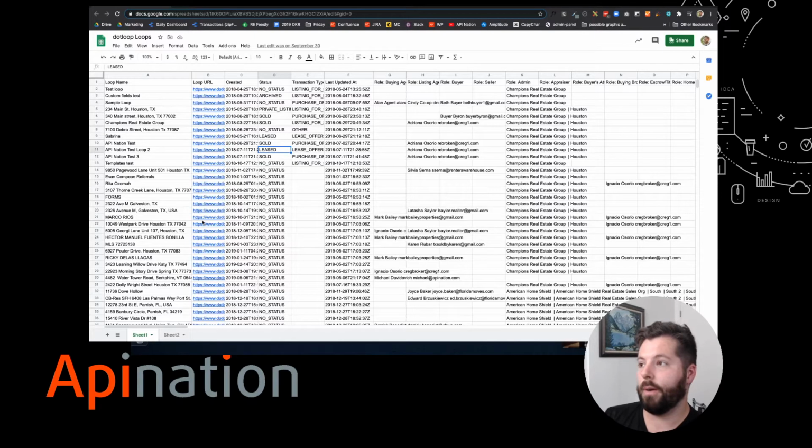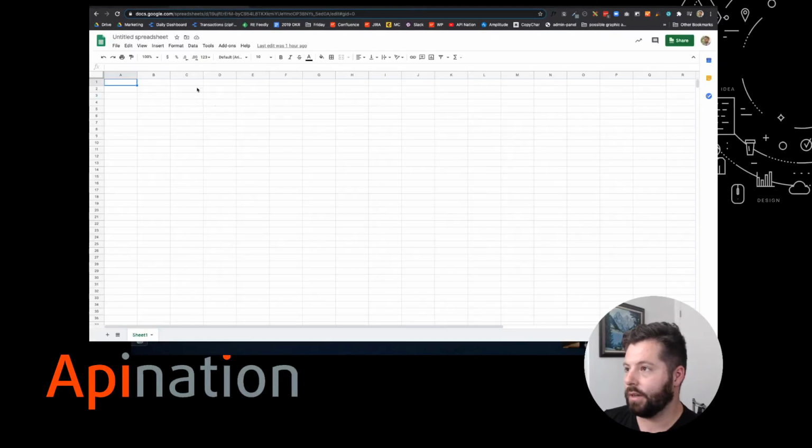Let me show you. So here's that Dotloop loops, and let's say she's got another report, and in that report she just needs the loop names. So this is a lot of great information, but sometimes you just need a piece of it for another report. So she just needs this A column. So I'm going to open up this untitled spreadsheet. Here we go. So she's got a whole report on here, and she just needs the loop names to go with it. So in order to do that, you're just going to do